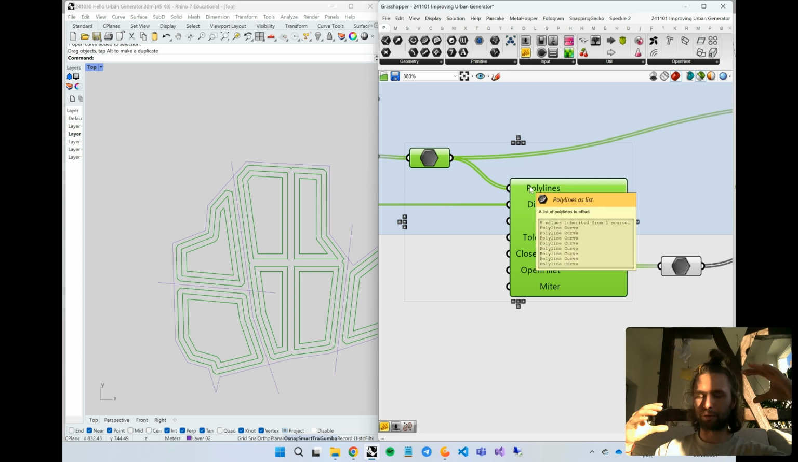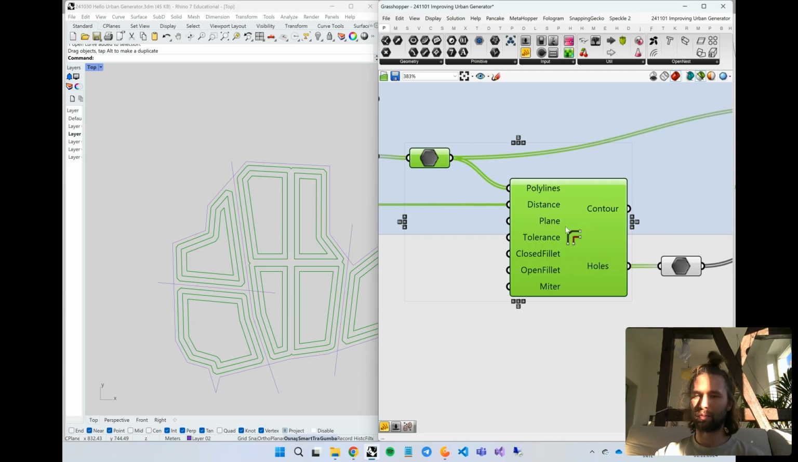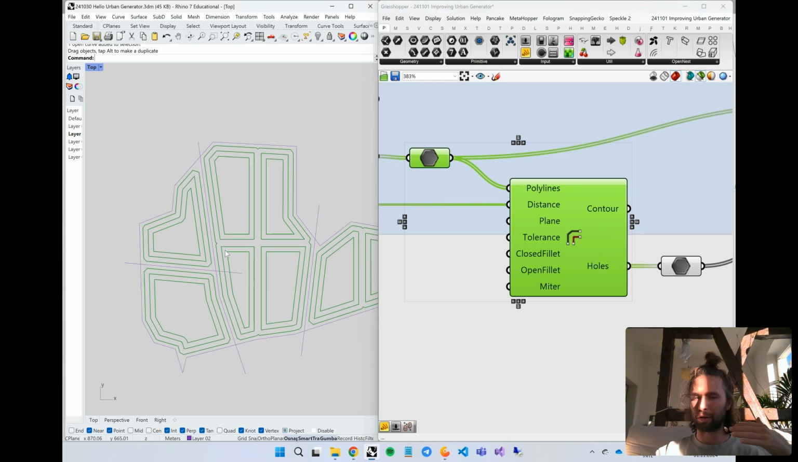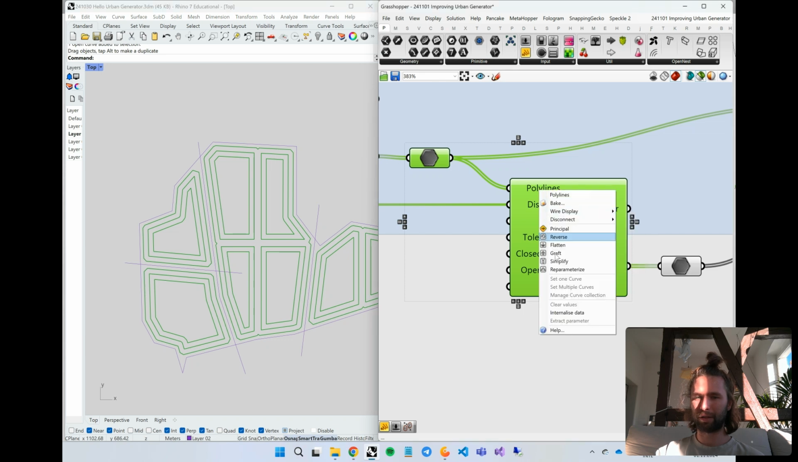but we are working with a data tree of polyline curves. Because now if we just isolate each curve into a separate branch, polyline offset will run 8 times for each curve individually without even knowing about other curves. So let us try to do it. I right-click on the polylines input of my polyline offset, select graft,